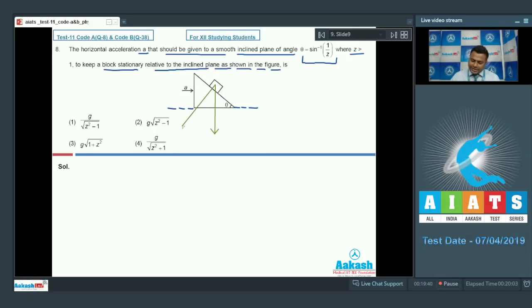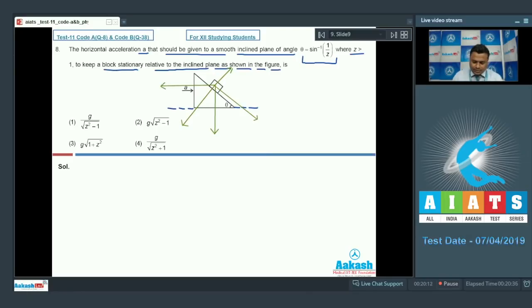Component of weight, that is mg cos theta right here, mg sin theta right here, normal reaction in this direction, and since the frame is accelerating in right direction, the block kept on the frame will experience a pseudo force in left direction,